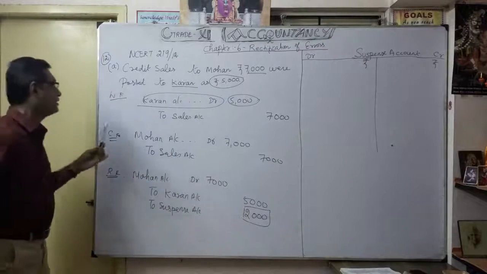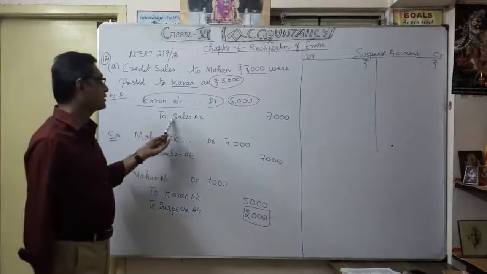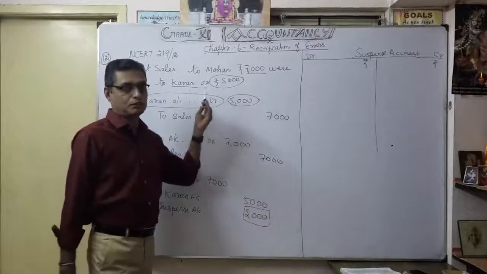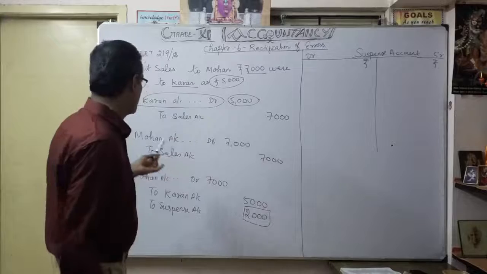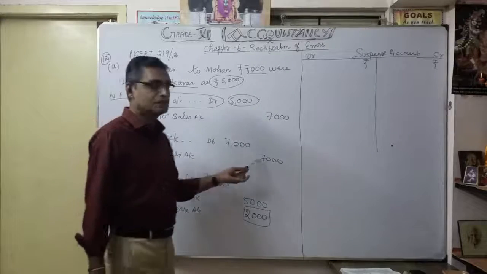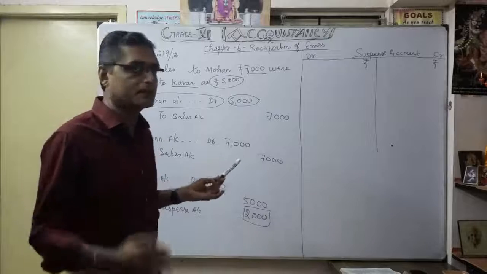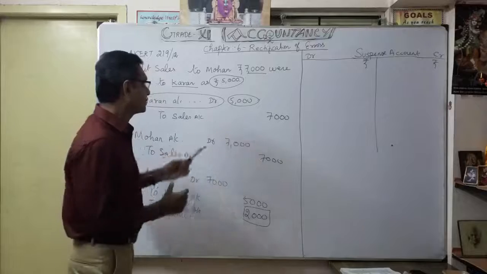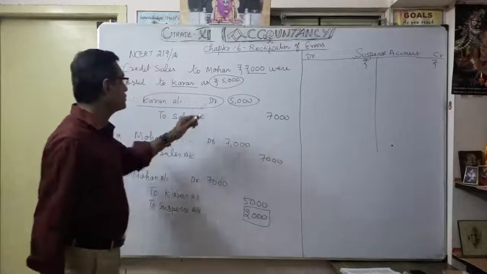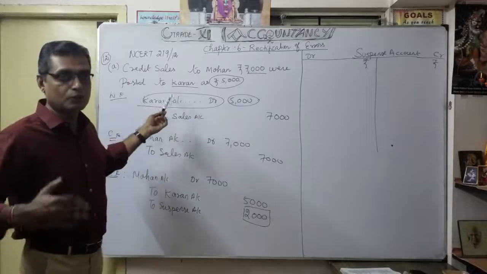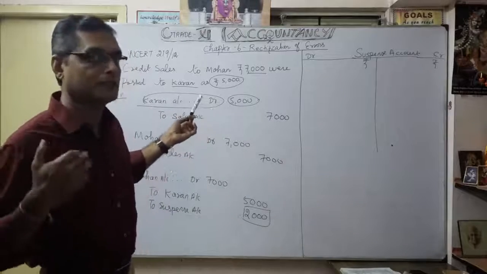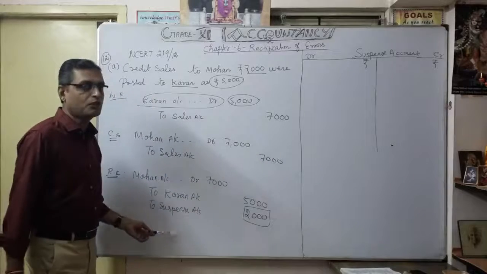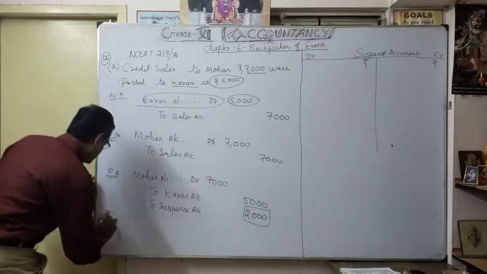Now understood how to write? I repeat once again. In the wrong entry, they entered Current account debit to Sales account. The sales amount is correct; only they posted Current account 5,000. Actually we are going to debit Morgan account, so Morgan account debit to Sales is the correct entry. For the rectification entry, Morgan account 7,000 is correct. Wrongly we debited Current account, so earlier we debited, now we credit, and then the rectification is done. The difference of 2,000 I showed as suspense account.